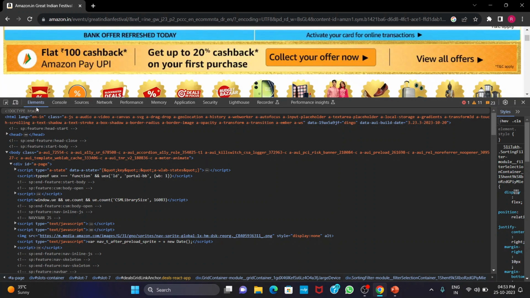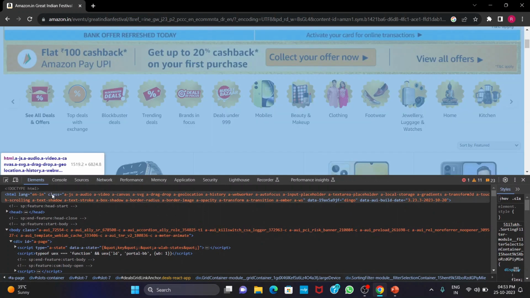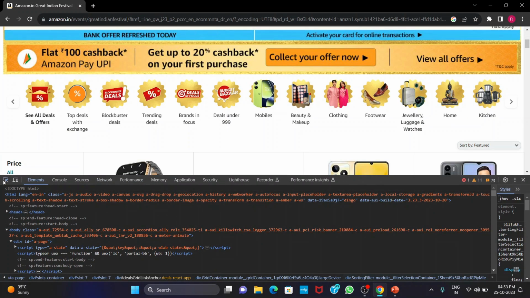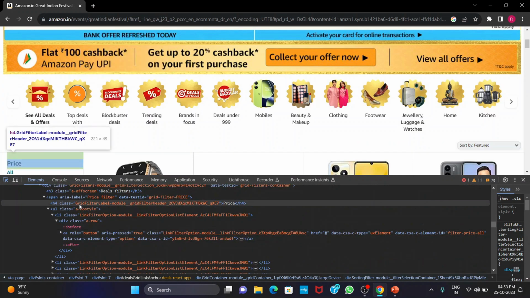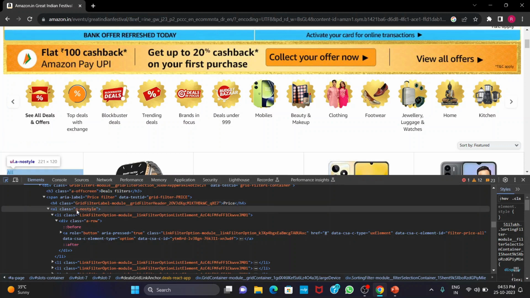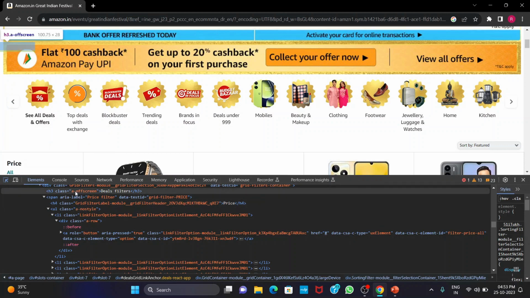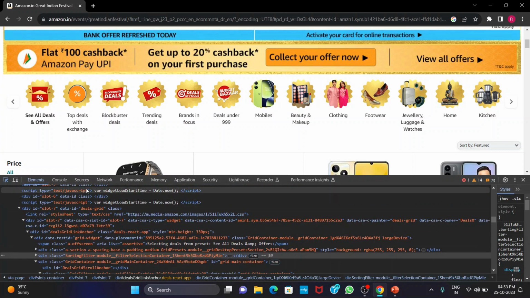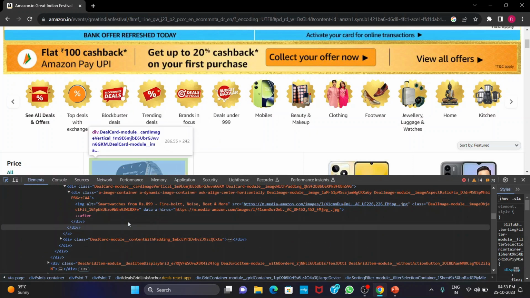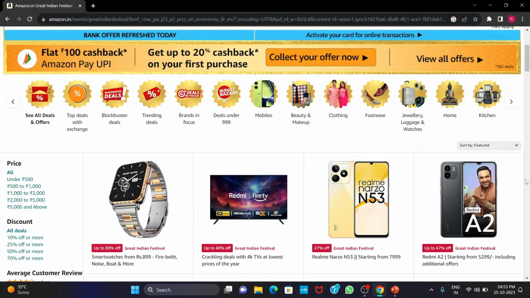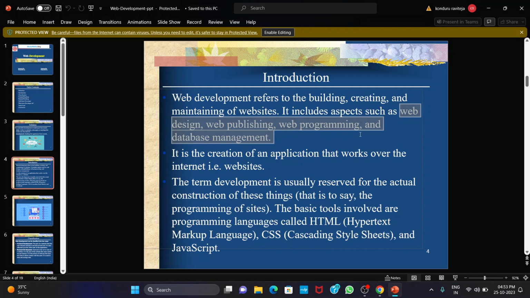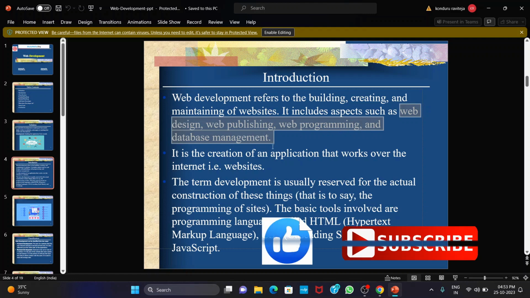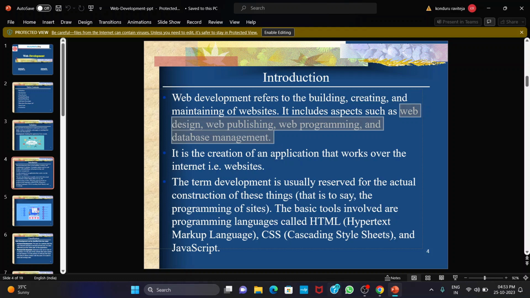If you go onto one element, it will show here, hiding some part here. For example, if I click on this, you can see some of the things here, like I'm going to H4. Here is the heading, here you can see the price, and here I'm going to hover on some text. You can see every element in this page is linked with this code, which means, who writes this code? We are going to write all this code, which is web programming and web data management, which means whatever